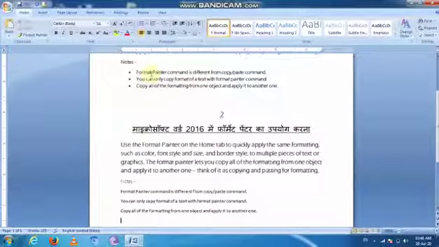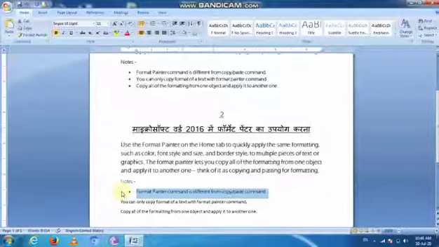The first text format lines are different, and the second text format lines are different. These lines are applied on these lines. So I select these lines and use the shortcut key Control Shift V. You can see these lines are changed.